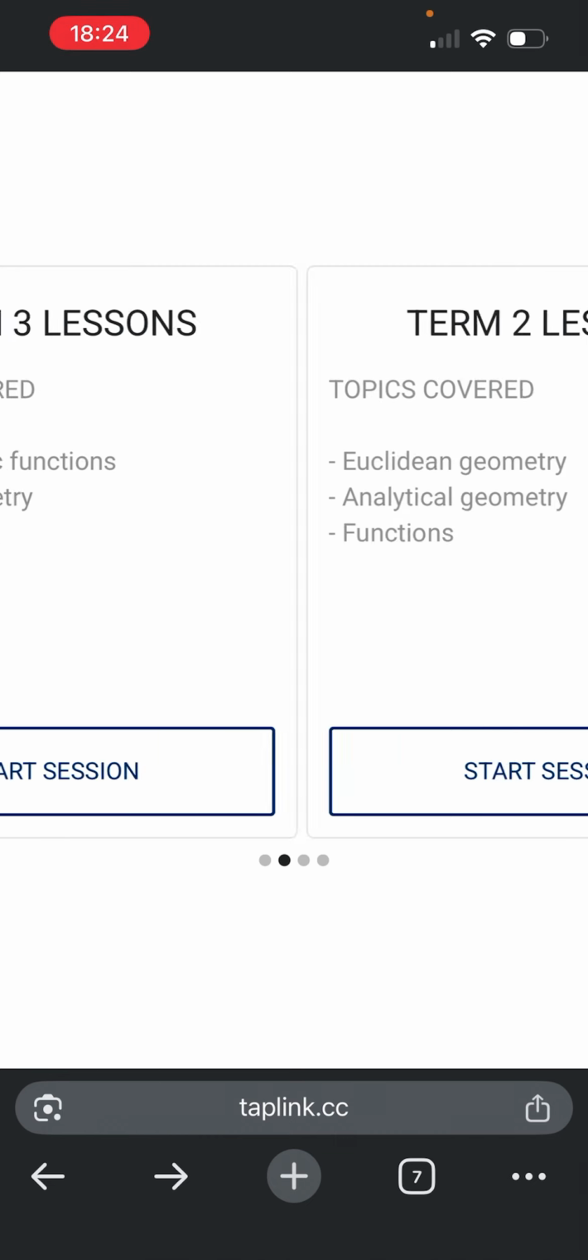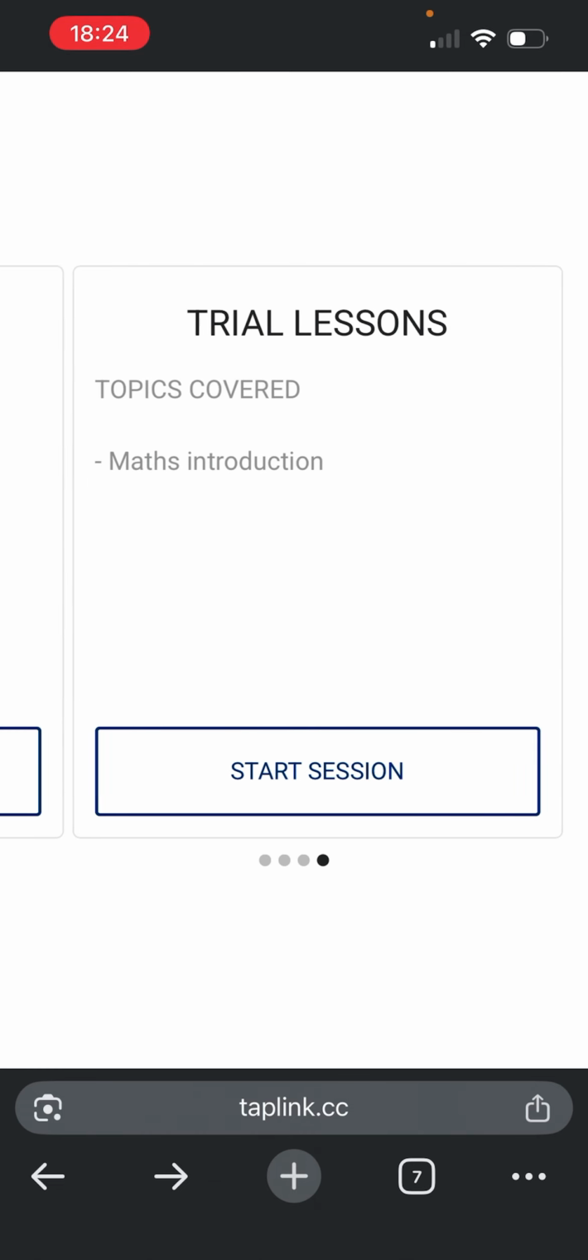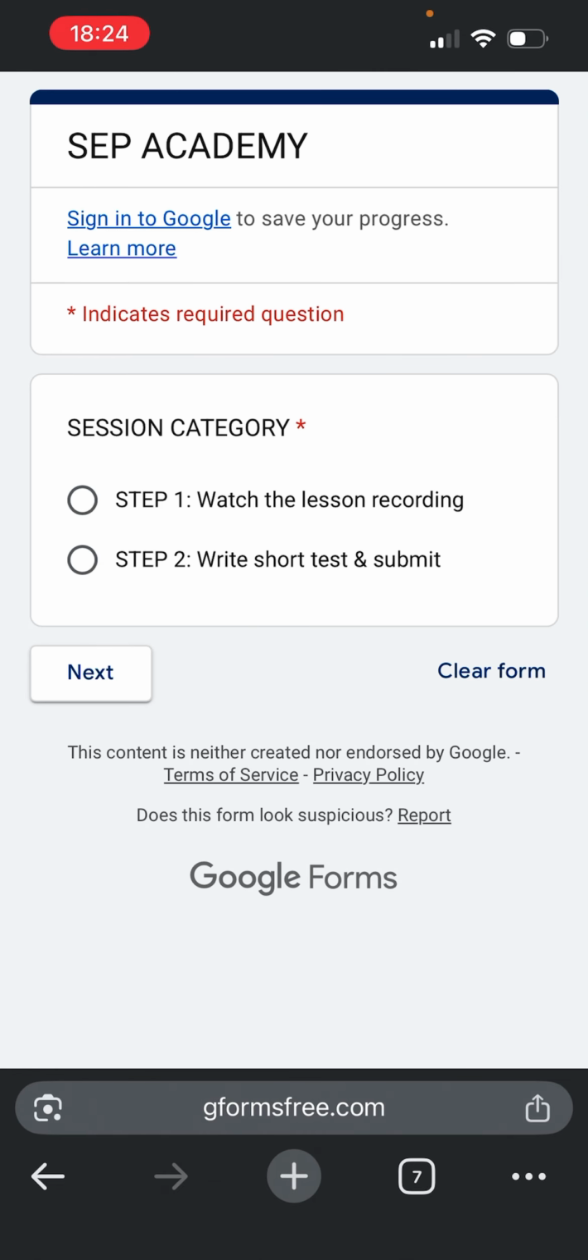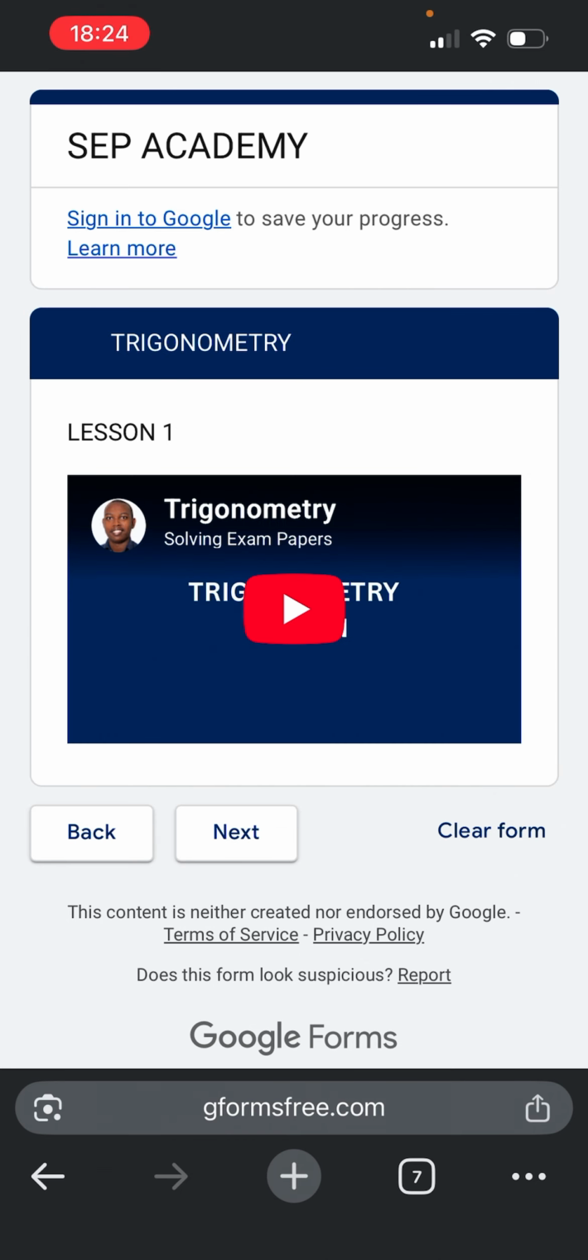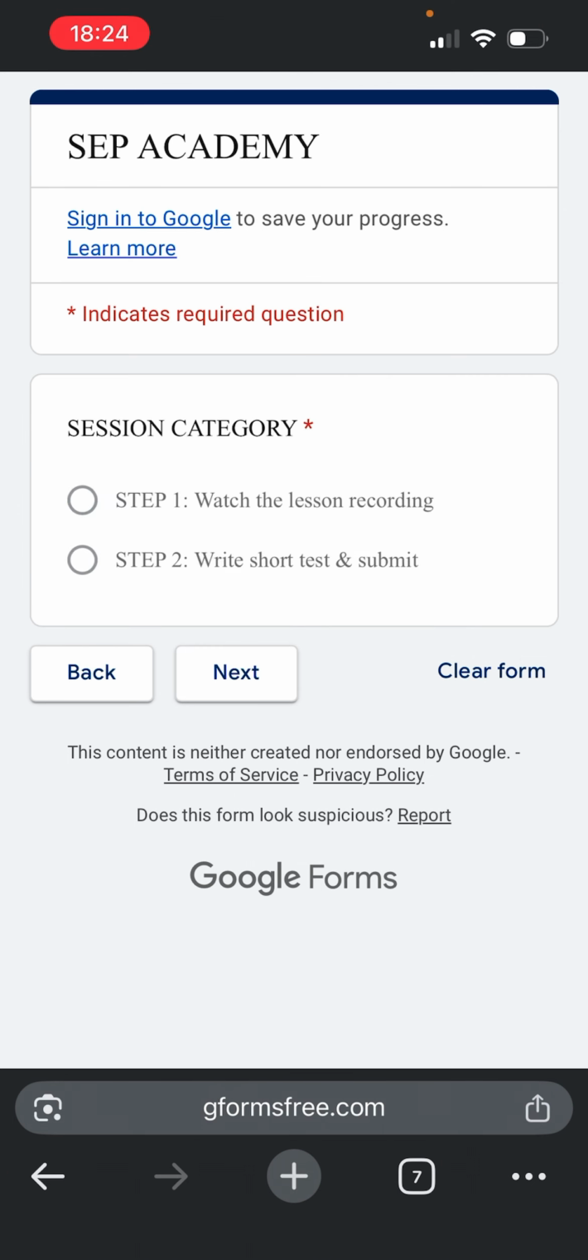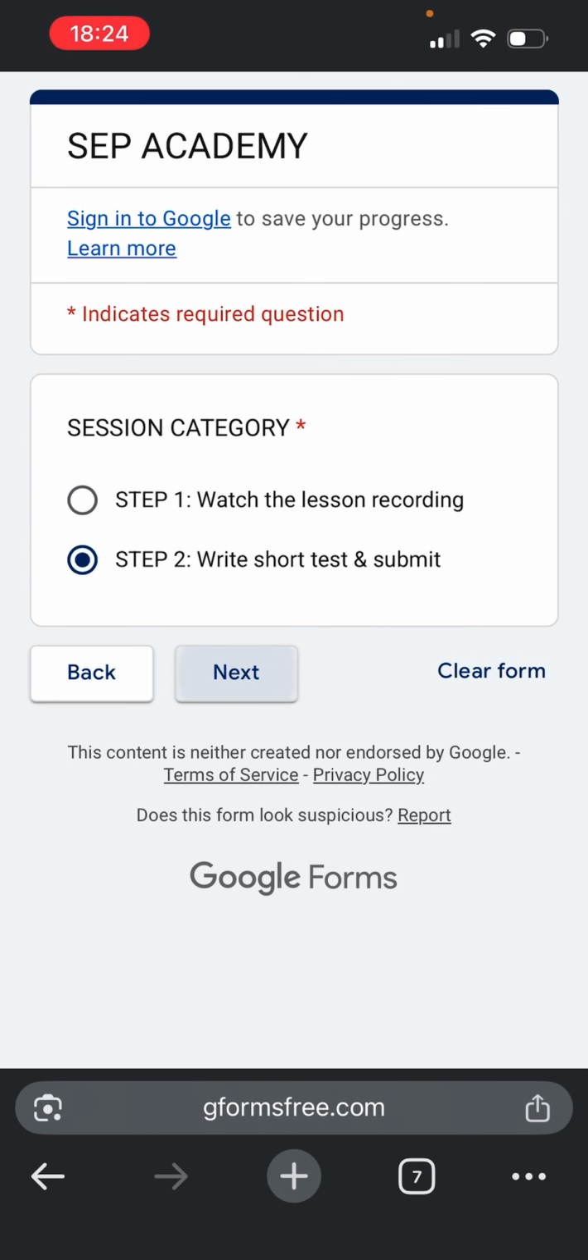Okay, so for you to get started with your trial lessons, you will definitely click there. Then from there, you will have step number 1 and step number 2, where you will click on step number 1 in order to watch the recording from the start until the end. Once you've watched the recording, you will click on next so that you jump onto step number 2, where